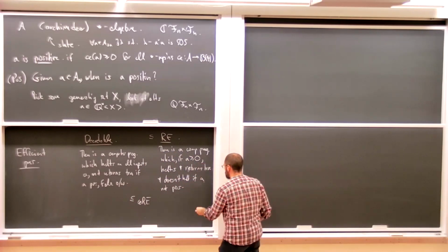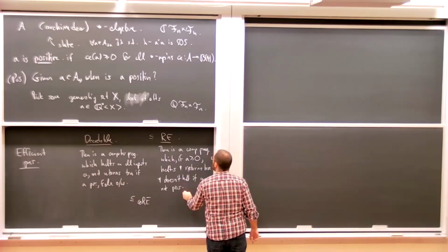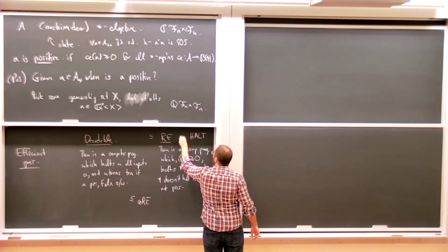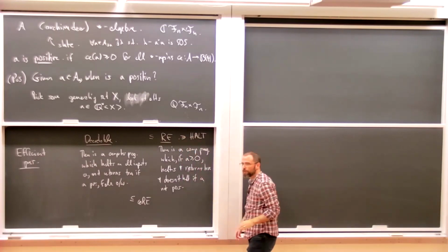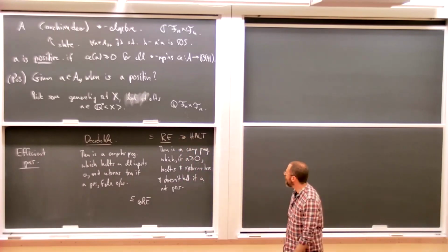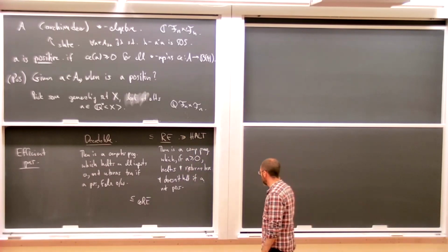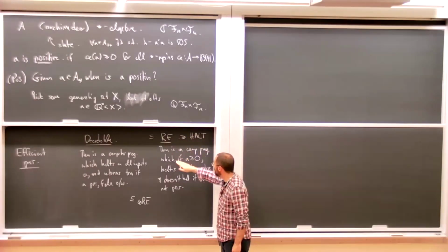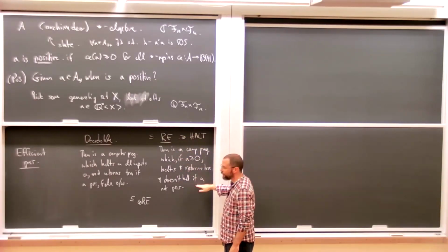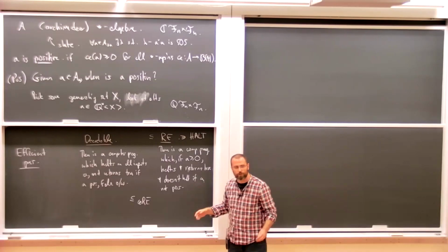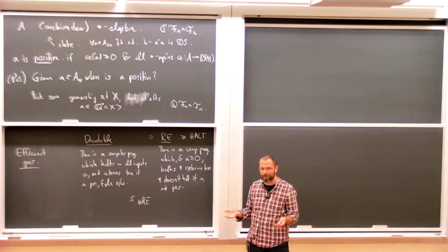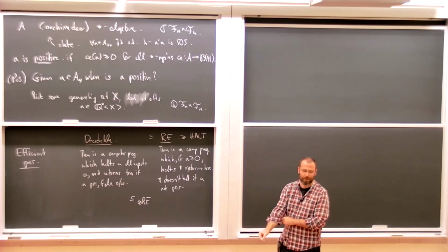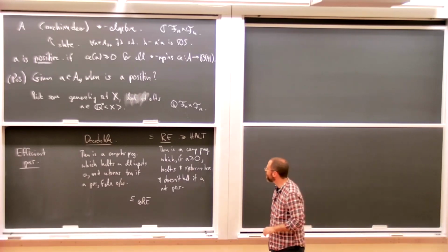It's also good to see an example, by the way, of something that's in RE. So the halting problem is an example of something that's in RE. And this is the set of Turing machines or computer programs which do halt, let's say, on empty input. Okay, and you can see that that has the same character as this question. If you're given a computer program and you want to know if it halts, just run it. If it halts, right? And if it doesn't halt, you don't know anything. You don't know if it just hasn't halted yet or if it's about to halt.